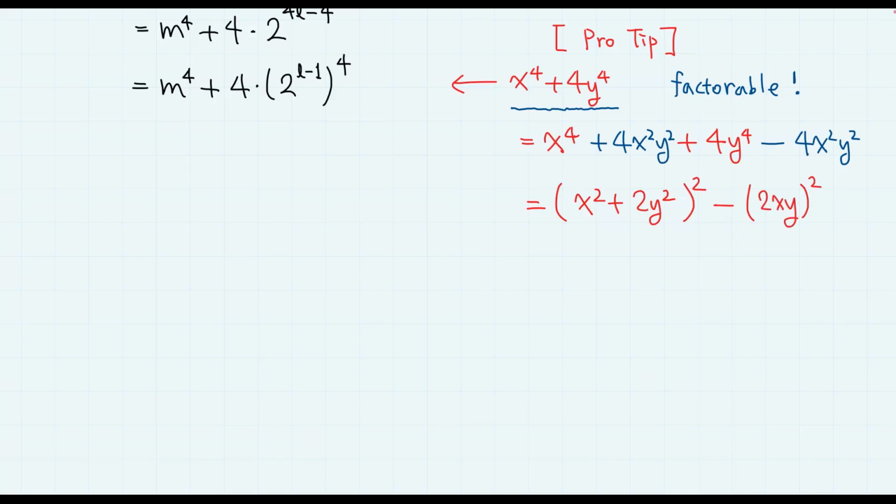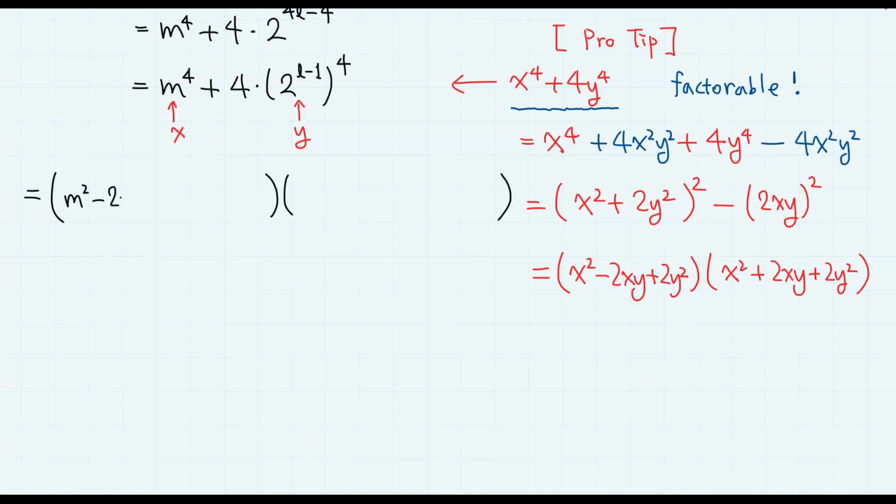So applying the famous square minus square formula, we obtain (x squared minus 2xy plus 2y squared) times (x squared plus 2xy plus 2y squared). If we consider m as x and 2 to the power of l minus 1 as y and apply the result on the right, we obtain